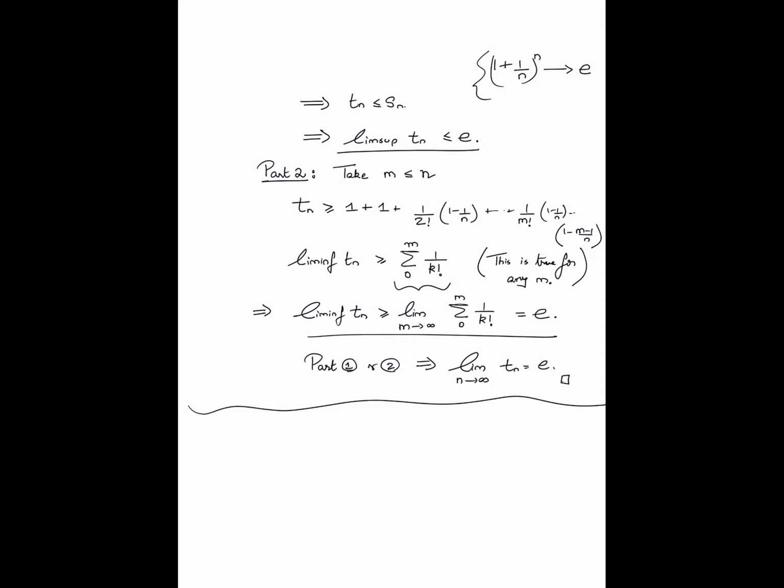I can either think of e as that real number which is the limit of the convergent series summation 0 to infinity 1 by n factorial. Alternatively, I can think of e as that real number which is the limit of the sequence 1 plus 1 by n raised to n as n goes to infinity. So these two definitions of e would in fact be equivalent. All right, so do stare at that proof. Just make sure that you understand the idea behind the bounds, the upper bound and the lower bound.